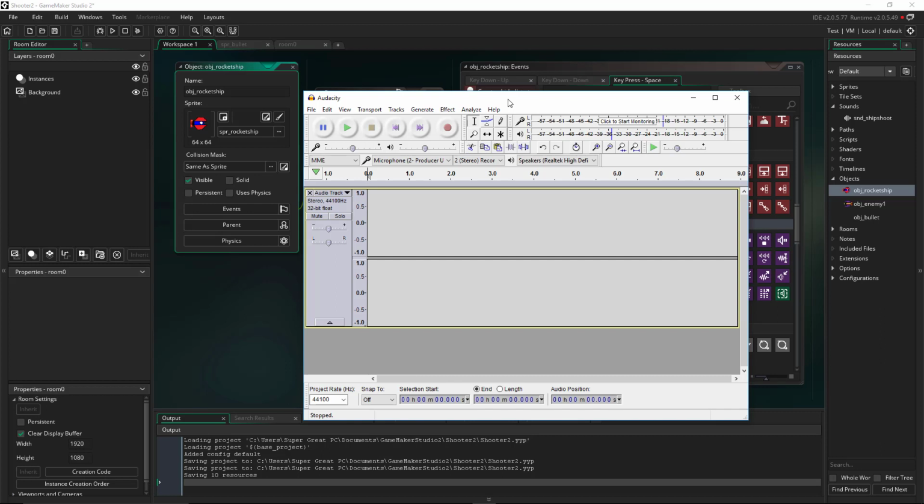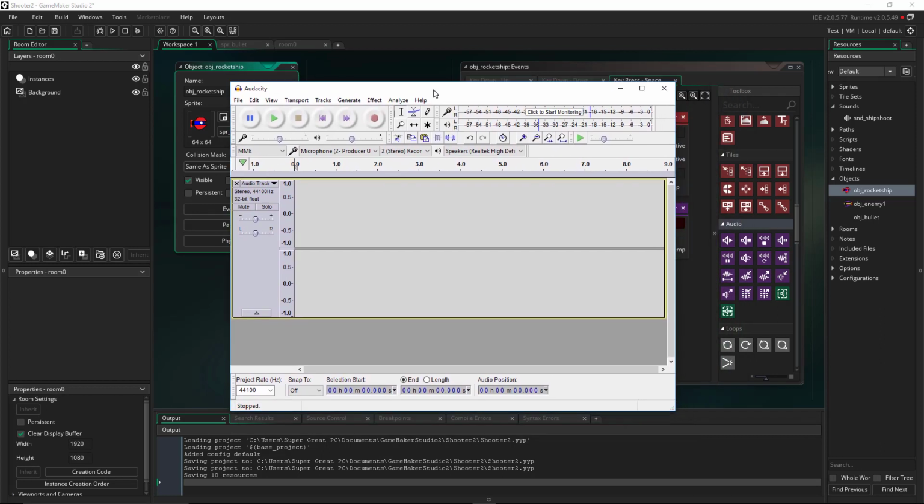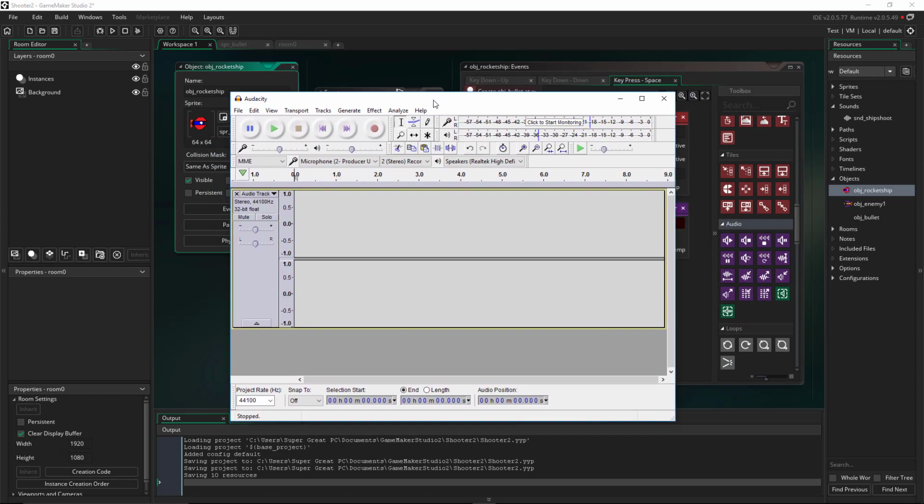All right, so we're going to look at this tool called Audacity, and you can download this tool free off the internet. I'll put the link in the notes for the video. What this tool does is allow me to record audio, and then I can do some editing to it and make it sound really good. An important part here is that I can save this audio file in a number of different ways. The GameMaker Studio 2 program uses MP3 and WAV files, so it has to be one of those two types. All right, so the first thing we're going to do is make the shooting sound for